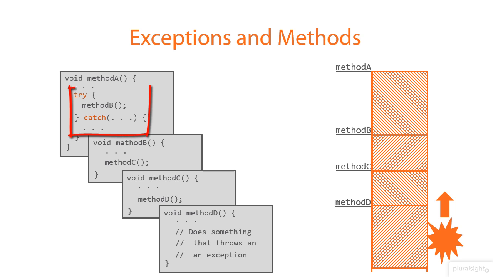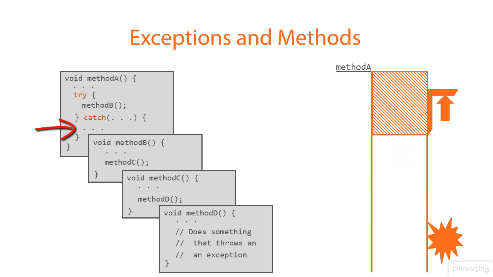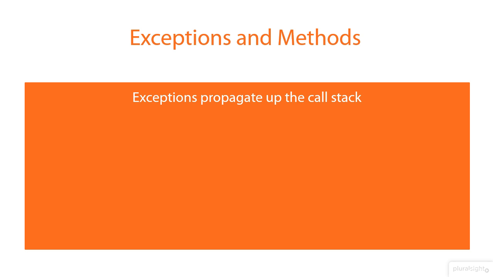Well, remember here in method A, we put that try catch in place. Well, that catch puts a marker on the stack. So what happens now is that Java looks up the call stack, and when it finds that marker, it says, oh, you can handle this exception. The call stack is cleaned up, and then control is passed to that catch block. So that means then, of course, that exceptions propagate up the call stack, meaning that they can actually cross